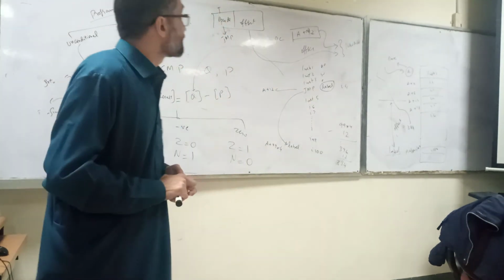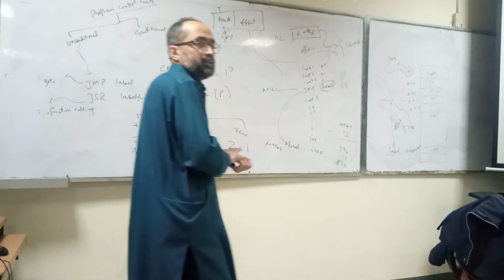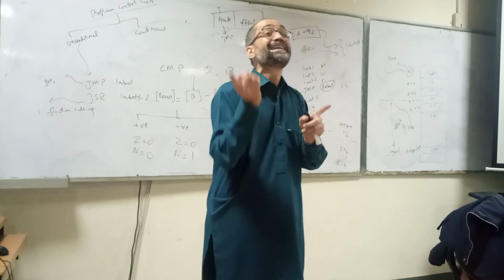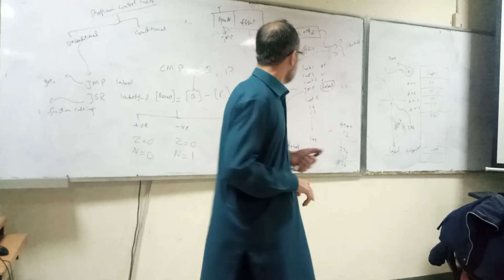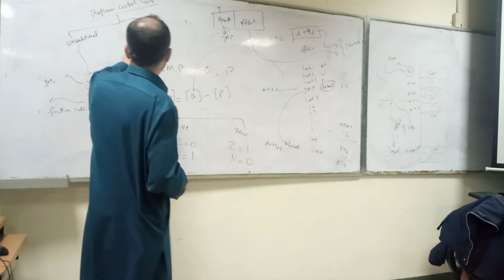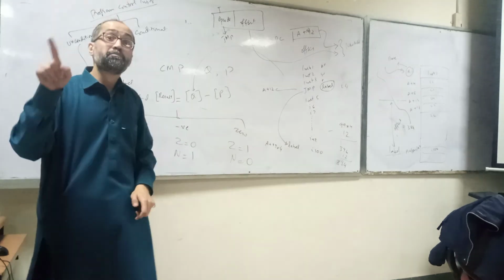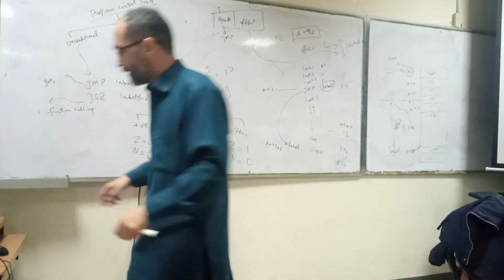So this is an example of a jump instruction, and a jump instruction is an unconditional jump instruction. It does not check any condition. But if you look at the conditional jump instruction, the jump is made on a condition. How are the conditions checked? Let's see.